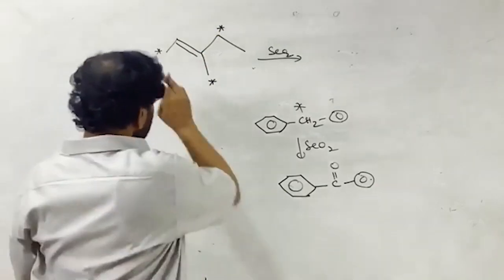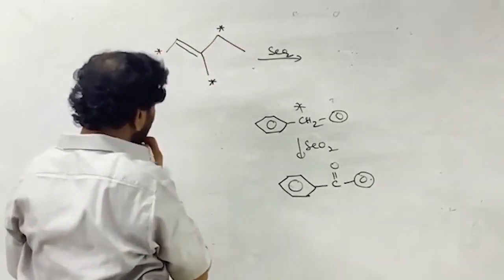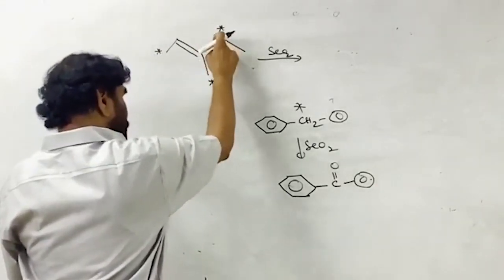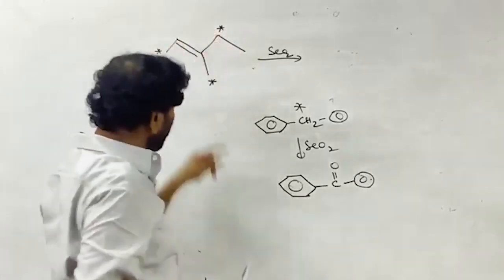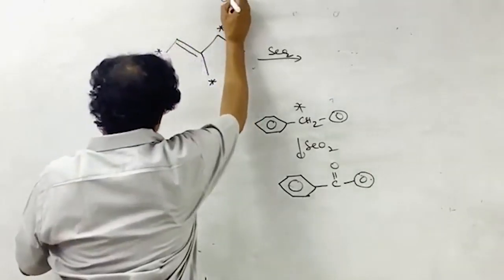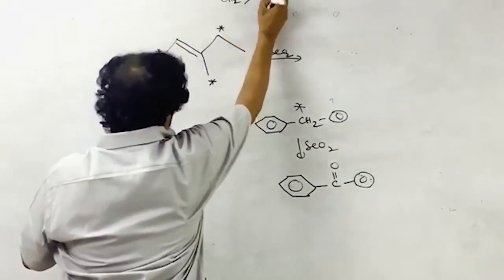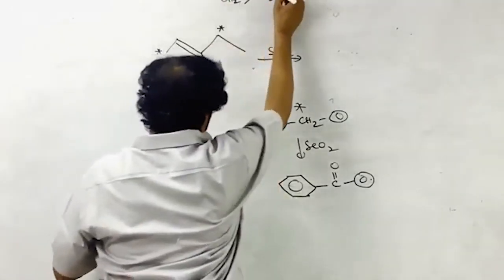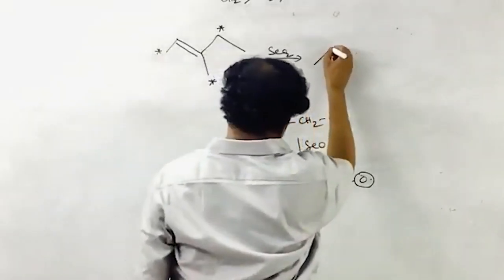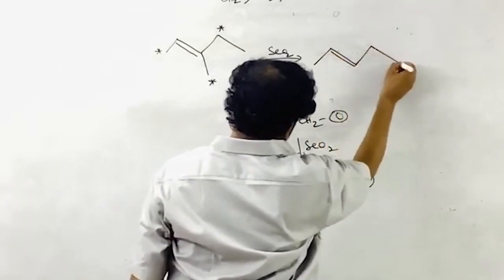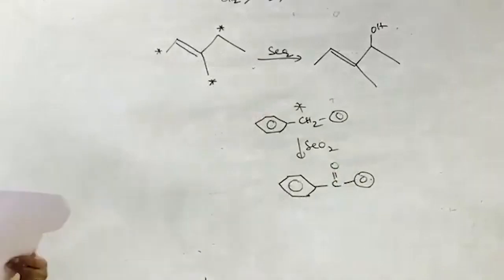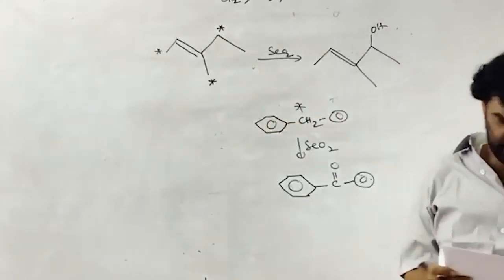If that is the case, which side is preferentially hydroxylated, oxidized? This is the highly substituted olefinic center. Here there are 2 substituents, here only 1 substituent, and this side also there are 2. As the number of hydrogens, a methylene group is more reactive than a methyl group. Therefore, that is more reactive than this group. This is the order. Now the product is the hydroxylation; the OH should come here, next to this one. That is the product of the reaction. Check up: A is correct.